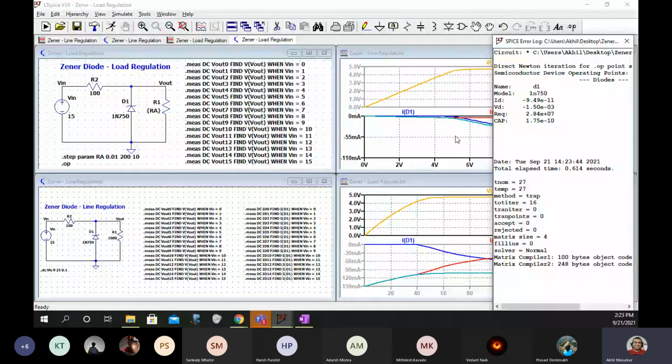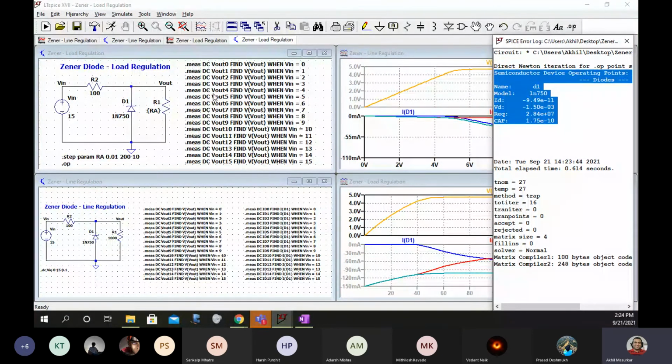So this is what I wanted to show you, that this dot measure command does not work when you are doing dot step. Are you understanding the point? Yes, sir. So this is what I actually wanted to show you. That is why I put it here. So then how will you measure?